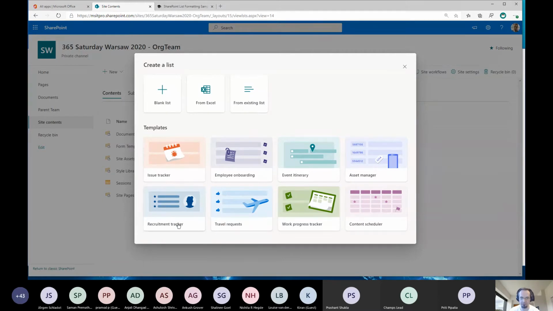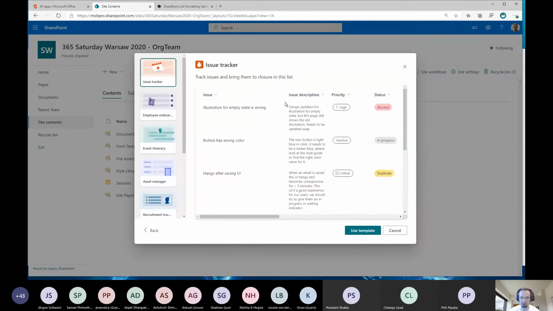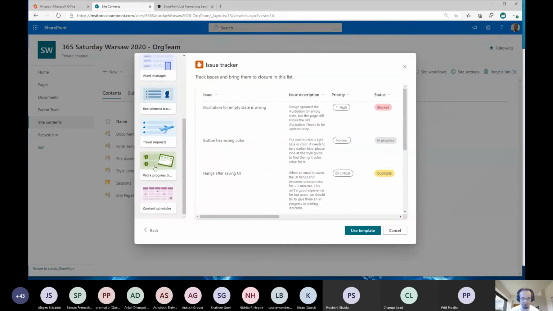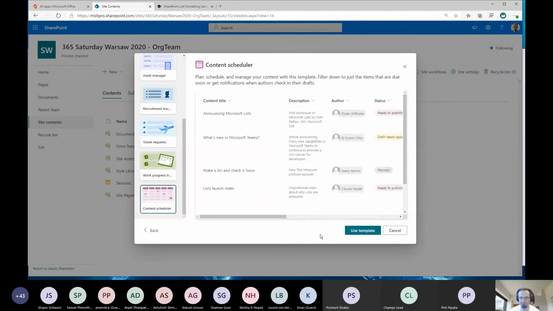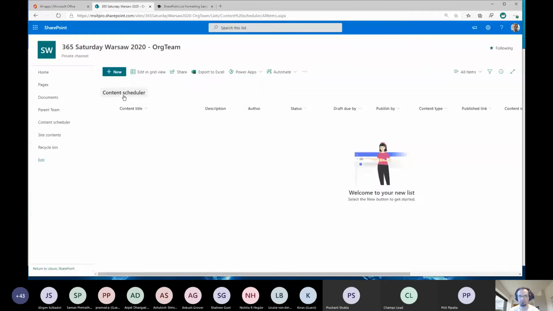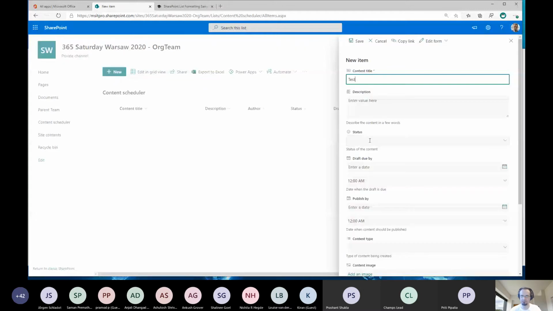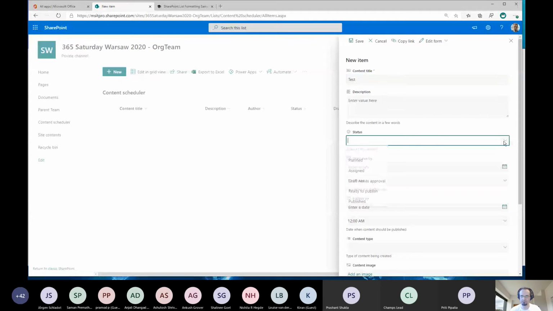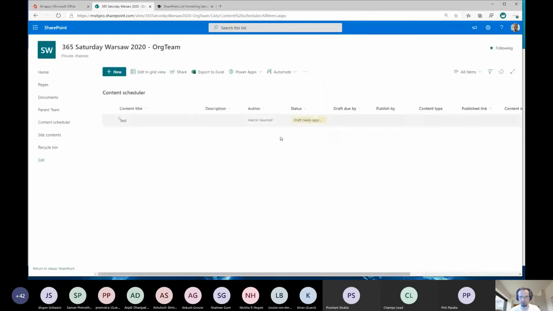But that's not all. If I go to that issue tracker, or maybe something content scheduler, and create that one without any data. I don't need data. So if I go and create a new item, say test, maybe this one, enough.